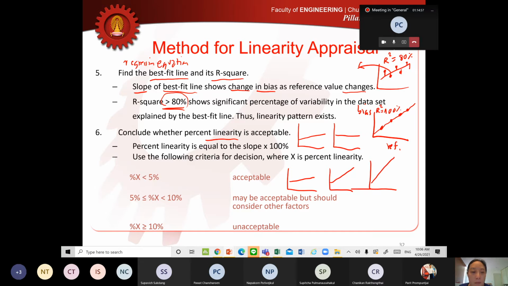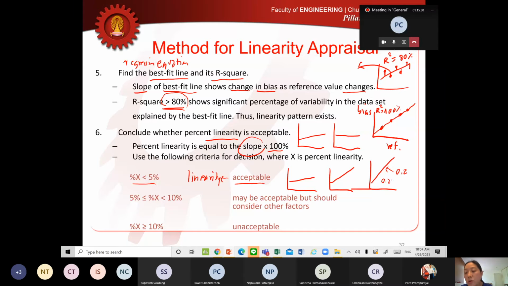If you turn the slope into a percentage, so you take the slope and multiply it by 100, and that amount is less than 5%, you can say that you accept this amount of linearity, or that the slope is not that much. But for example, if this slope is equal to 0.2,